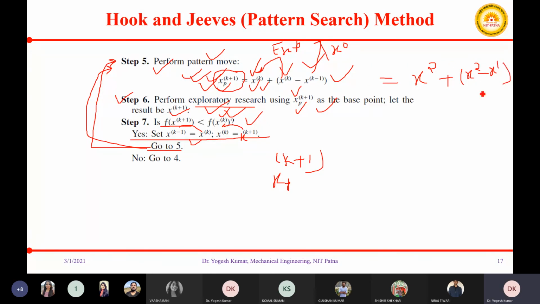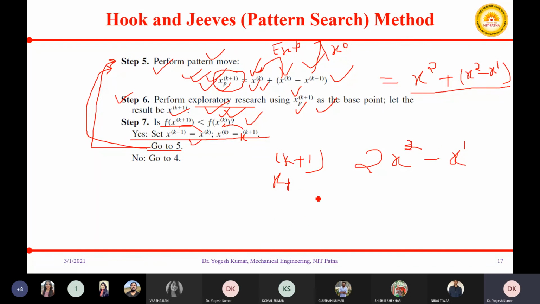If you perform this pattern move, you will get twice x2 minus x1.